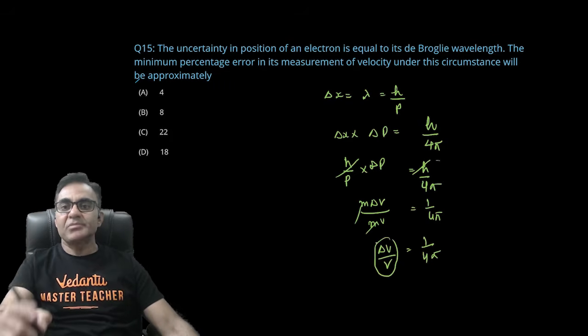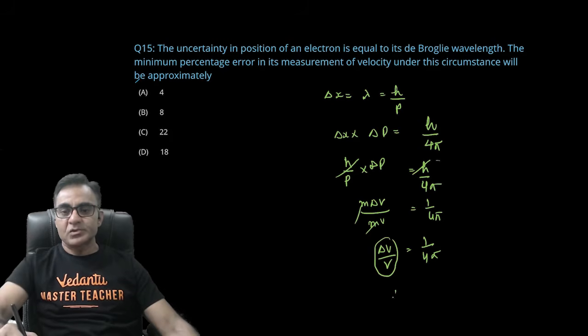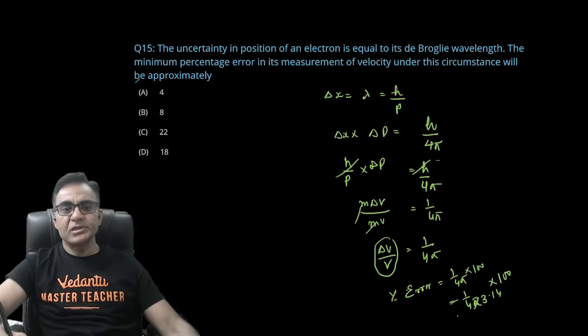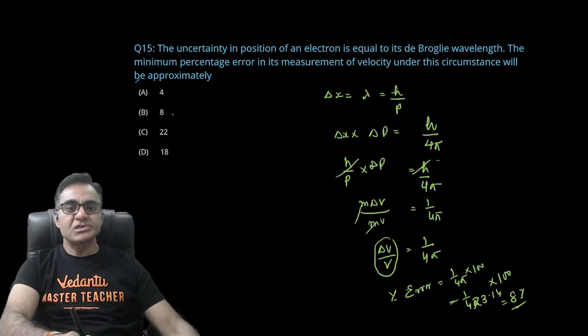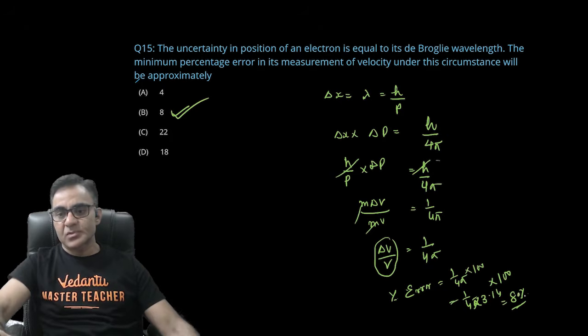तो ये है रेशियो, और हमें निकालना है परसेंटेज एरर इन द मेजरमेंट ऑफ वेलोसिटी। तो परसेंटेज एरर इन द मेजरमेंट ऑफ वेलोसिटी हो जाएगा 1 अपॉन 4 पाई इंटू 100, 4 इंटू 3.14 कर दो इंटू 100, this roughly comes out to be 8%। ऑलराइट, 8%। तो इसका ऑप्शन कौन सा दिया है, हाँ, B is going to be the right answer of this question।